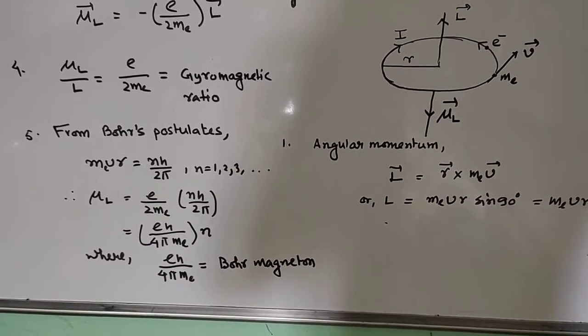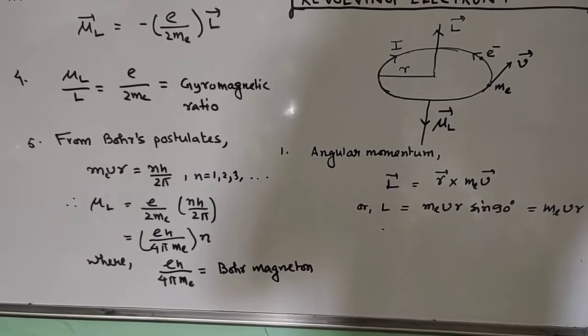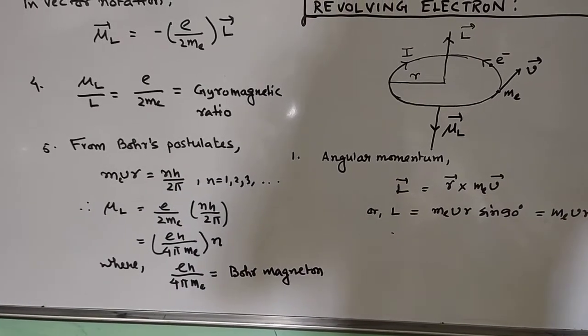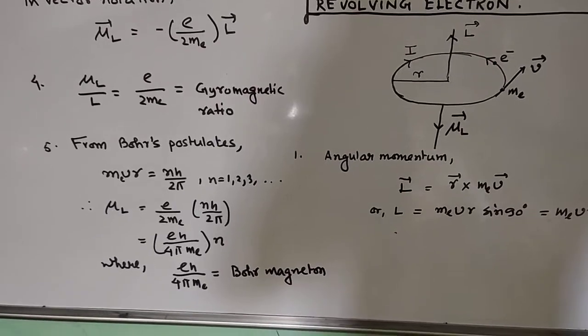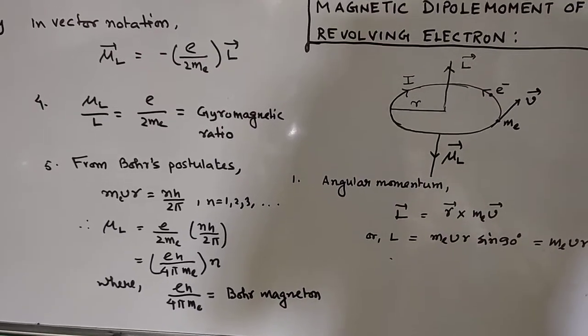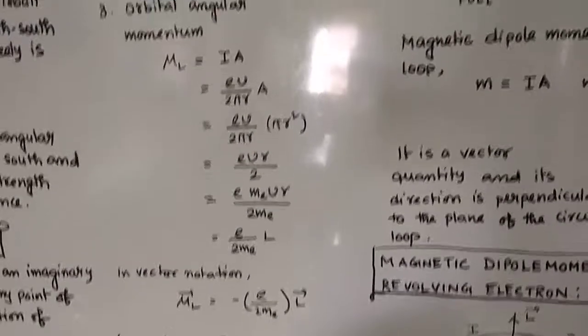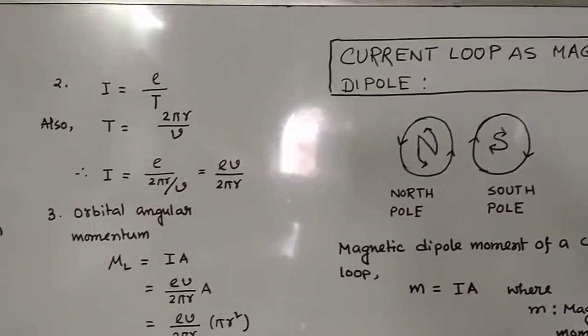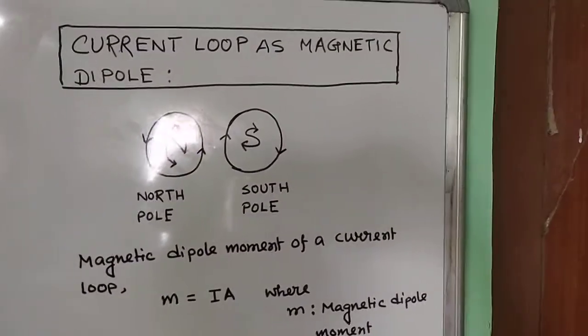This term is very important because sometimes in the exam it is asked to define the Bohr magneton, or in a 1 mark MCQ question you can be asked to identify the Bohr magneton. So this part is very simple. Please go through it and try to find out your doubts.